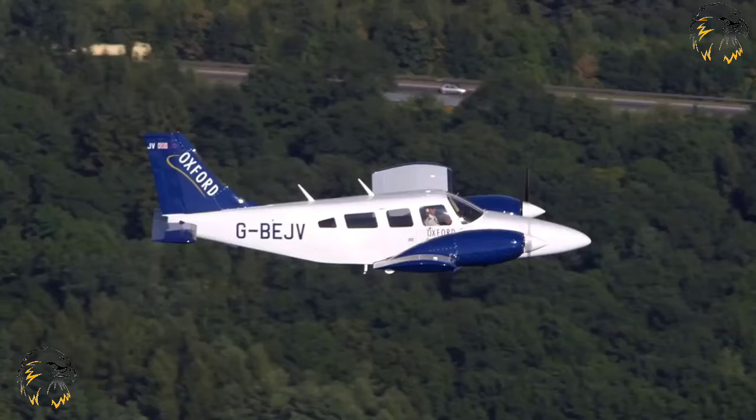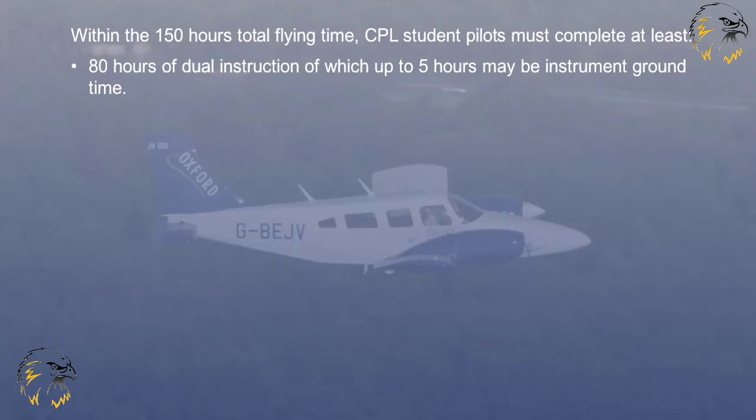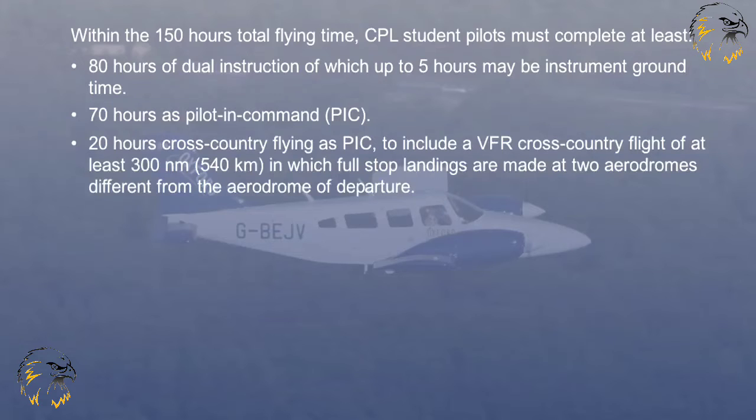Flying training for the CPL, but not including type rating training, must comprise at least 150 hours flight time, of which up to 5 hours for the entire course may be instrument ground time. The 150 hours may include progress tests. Within the 150 hours total flying time, CPL student pilots must complete at least 80 hours of dual instruction, of which up to 5 hours may be instrument ground time, 70 hours as pilot in command,